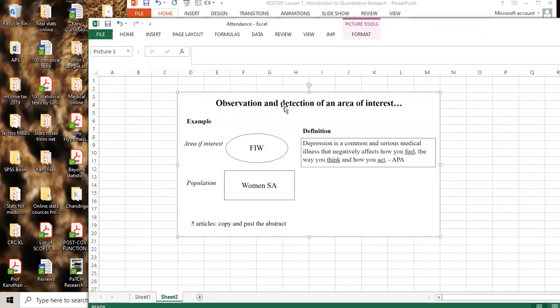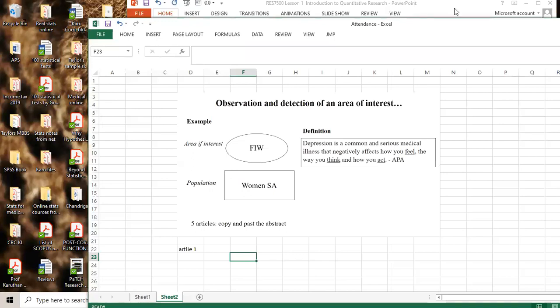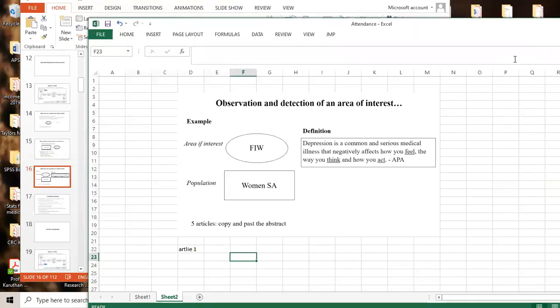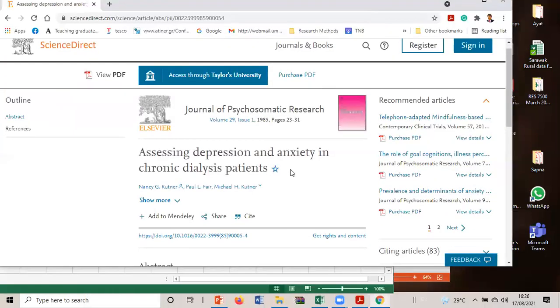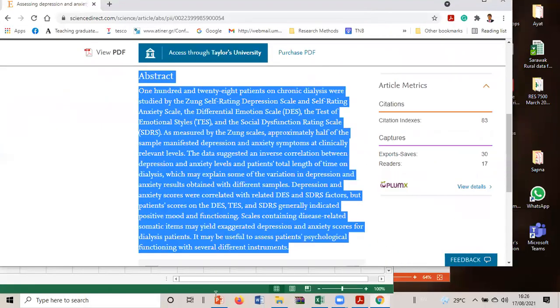So you do all this: put the area of interest here, right here, then article 1. Article 1, just now. I just copy and paste the abstract.